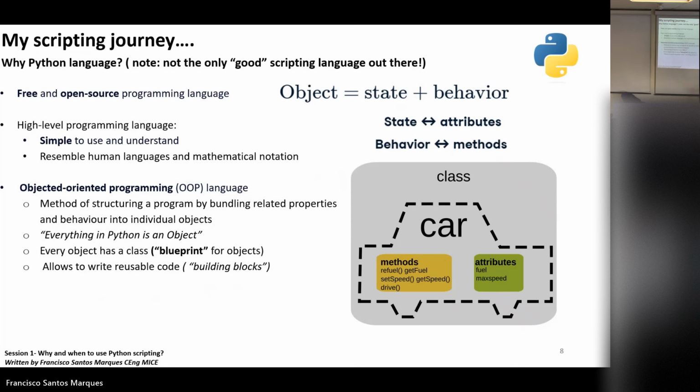If I want to derive, let's say, a script that uses cars, so several types of cars, instead of me creating a set of code for each type of model, each type of brand, etc., I can create a class called car, which has a behavior, which is to be a car, okay? So it has methods. What I can do with the car, I can define a method inside of that class and say, well, get fuel, get speed, drive.